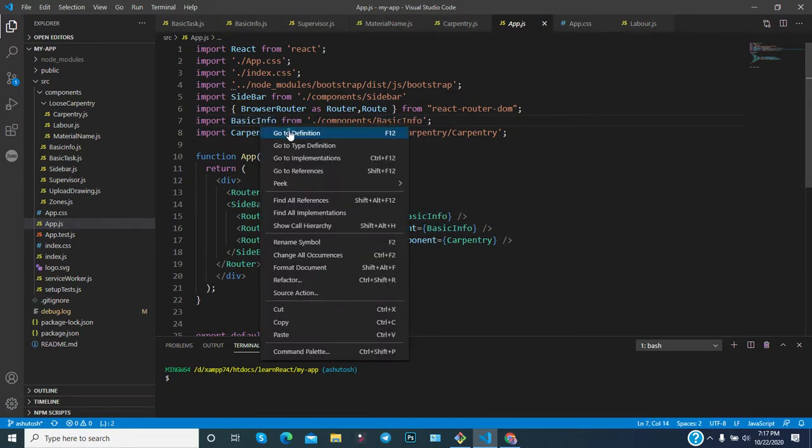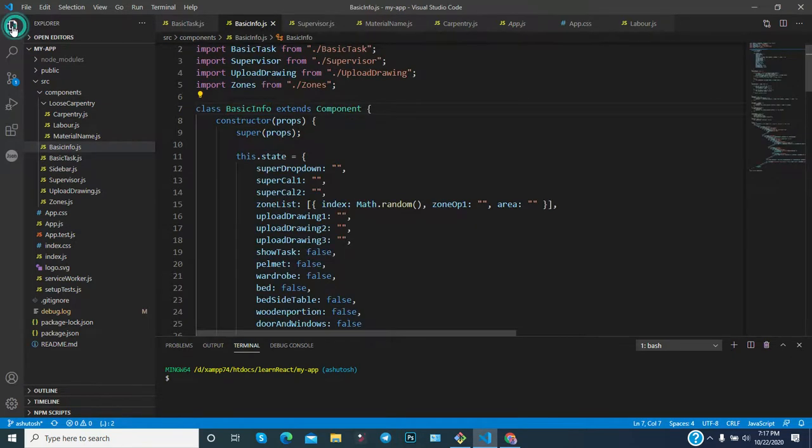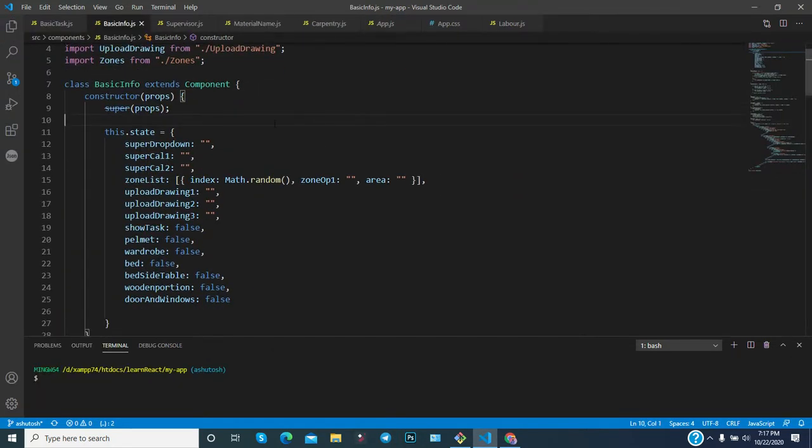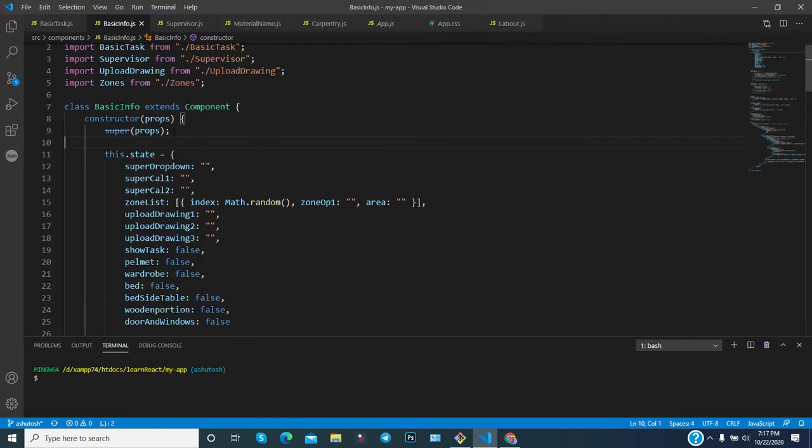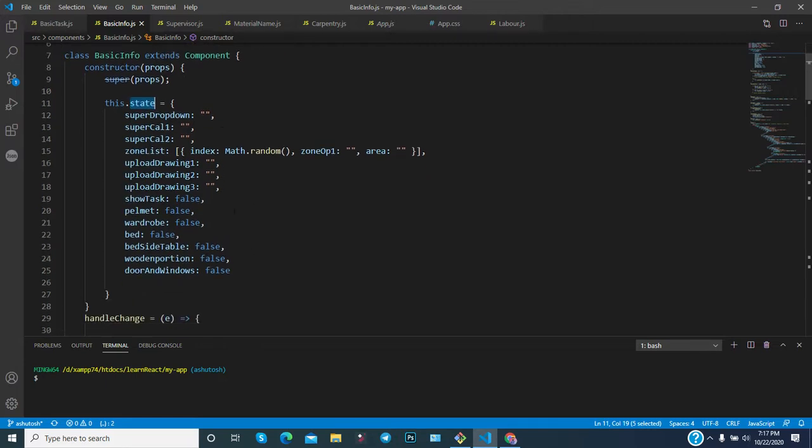Now let's go to the component so that you can understand it better. In this particular component, as you can see, this is a class component. Why have we utilized the class component? Because in the class component we get much more functionality than in a functional component. If you want to do a little bit of customization, then you can also use the functional component. But if you want to access lots of things, like the state, this is more flexible than a functional component.